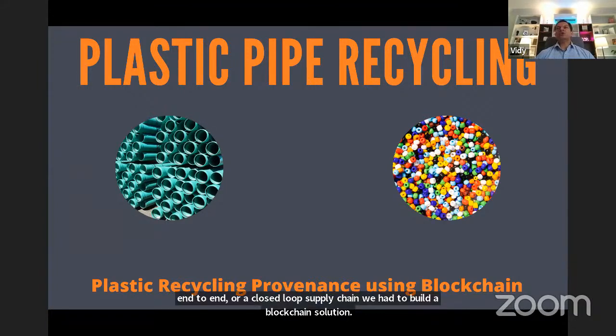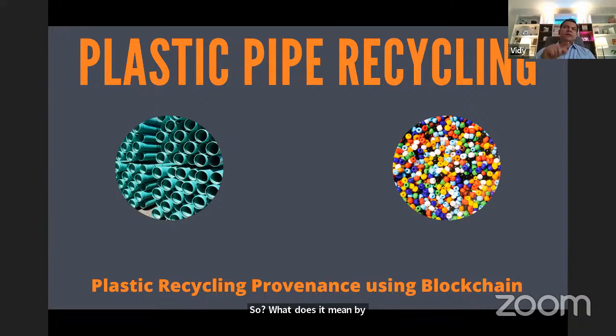So what do we mean by a closed loop supply chain? Closed loop means you start with a product, right? It is manufactured for the first time. It is used in the industry for some purpose. Once it is decommissioned or removed from use, it has to be recycled and then remanufactured to be reused. So that is called the closed loop supply chain. The loop is: starting a new product, using it, decommissioning it, destroying it, recycling it, and remanufacturing something. So that is the concept of recycling.